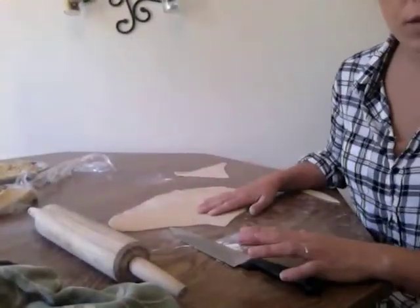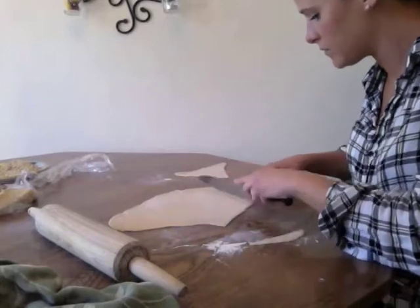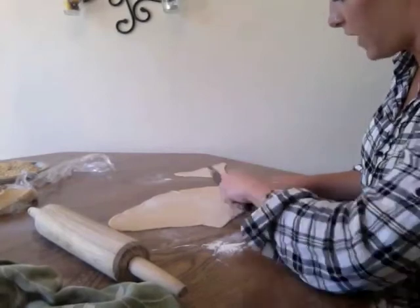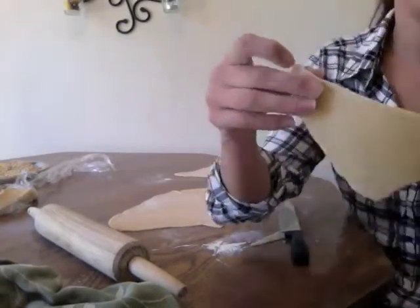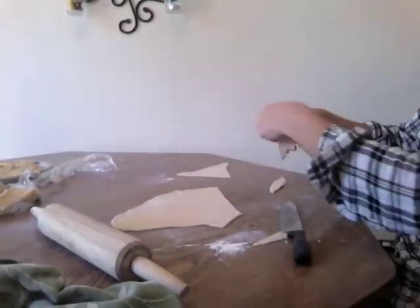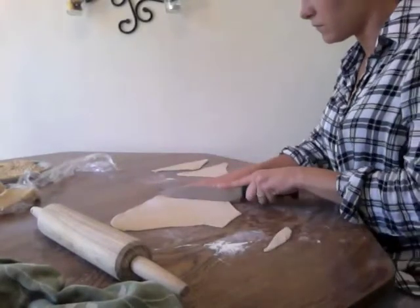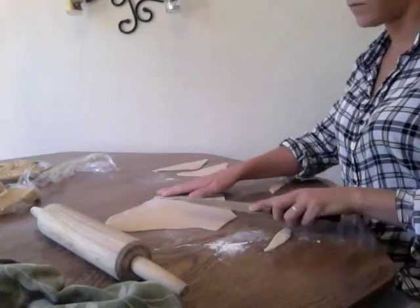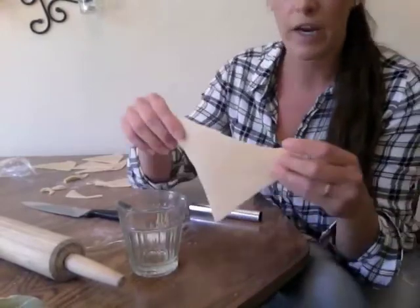Now we're going to cut them into triangular shapes. It doesn't need to be perfect. Just the general shape is fine. Certainly not perfect, but pretty close to being a triangle. So I have my dough, which is cut out into little triangular-ish